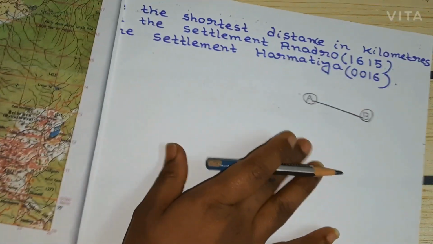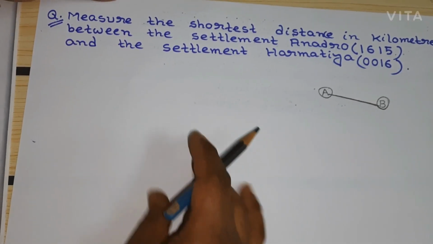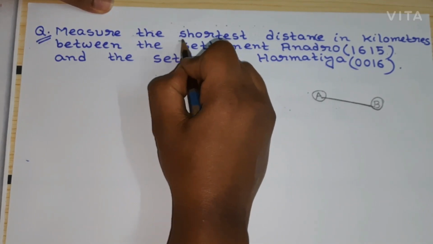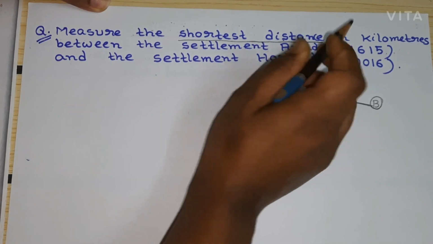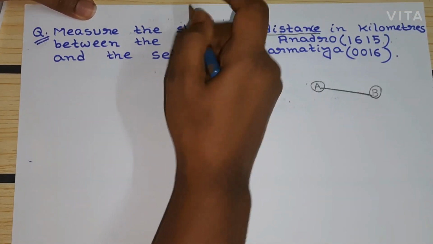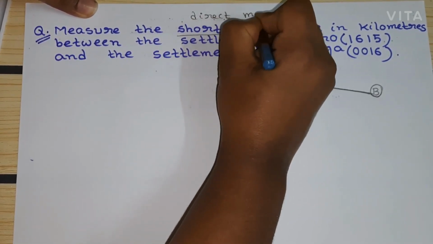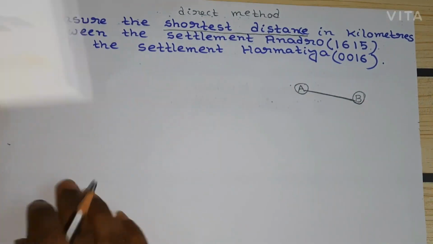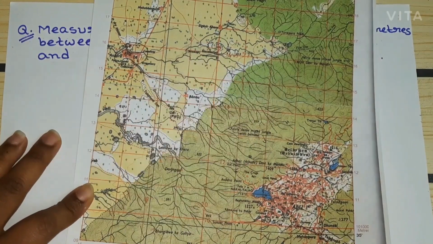Okay. So how can we understand whether we need to do the direct method or the indirect method? They have clearly mentioned that you need to take the shortest distance. It means crow-flies distance, right? So definitely we need to do the direct method. Don't forget this. Okay. So we got these two settlements,